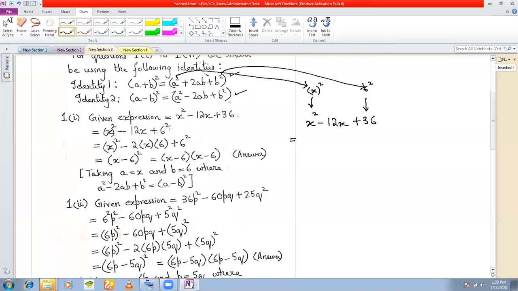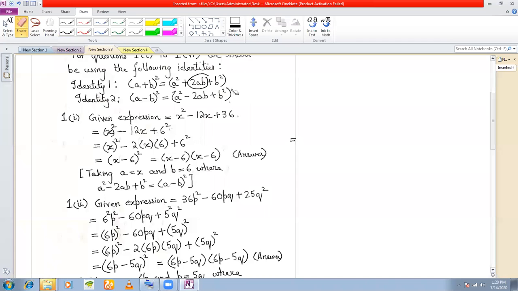Now the question is, what will happen to this term, to ab? If this is your a squared term, and this is your b squared term, this must be your 2ab term. Understood? If it is not, then we will not be able to factorize. But the main identification that you must make here is the extreme terms. That is, whether the two terms are perfect squares or not. If two terms are perfect squares, then the middle term has to be 2ab. If it is not 2ab, then it cannot be factorized. Is that absolutely clear? Or should I explain once again?